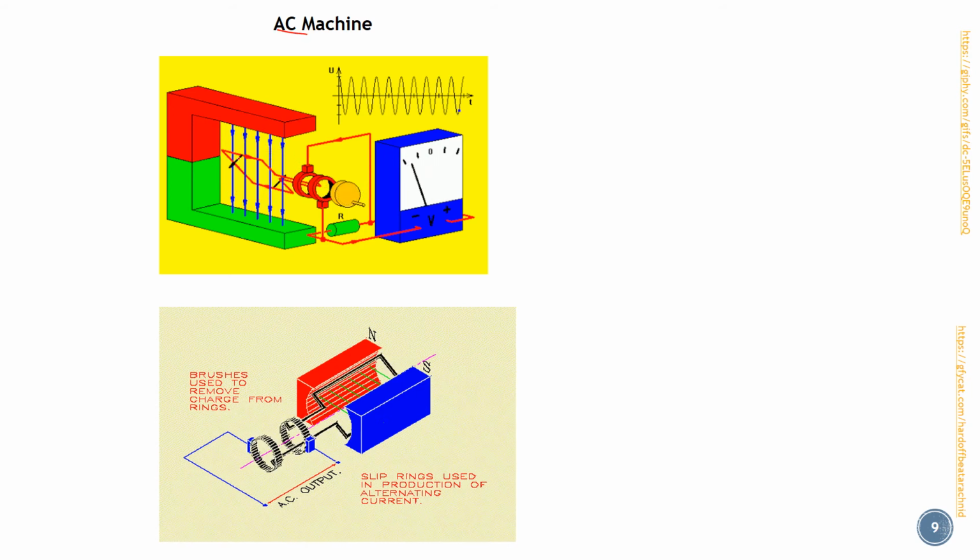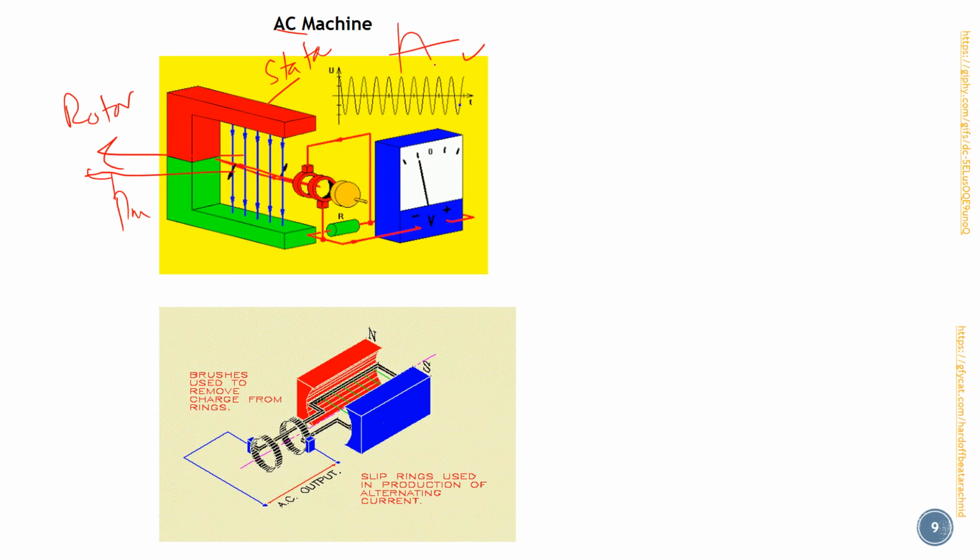if this is your stator and this rotating loop is your rotor, and you rotate this rotor using an external shaft, supplying some mechanical power, and we use the slip rings, we can get the AC output, right? We learned this earlier. For one complete rotation we get one complete cycle of the AC. So in the AC machines we use slip rings to avoid the jumbling of the wires, and here we use just the brushes.